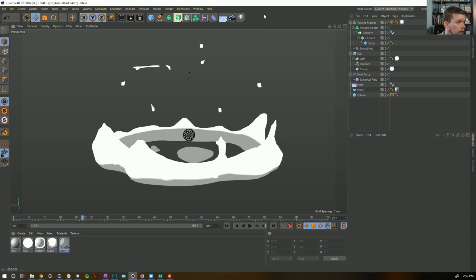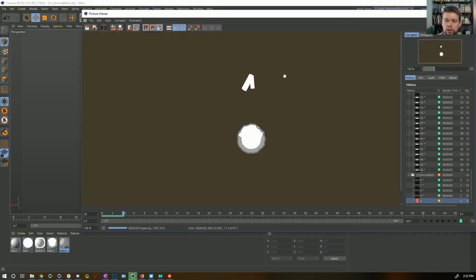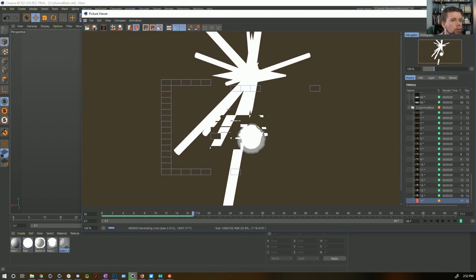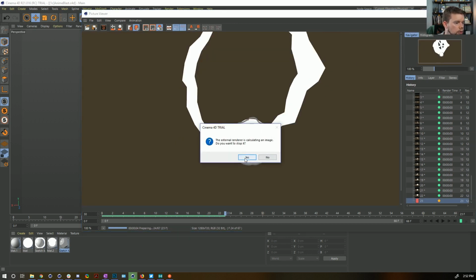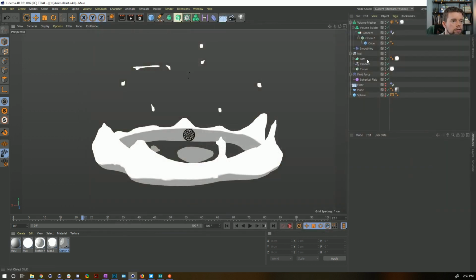Let's go ahead and render this out. I don't expect the smoke and everything else to line up too well, and then I'm going to move on to another question. We don't want those existing for the first few frames, so let's make sure that until about frame 22, we don't see it. So I'm going to stop it. So around frame 22,